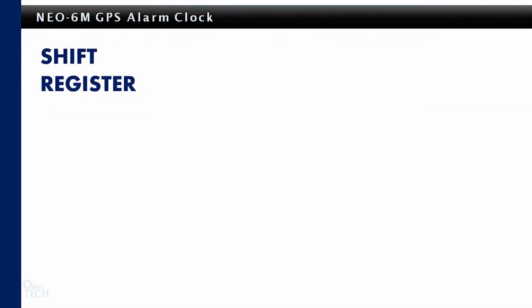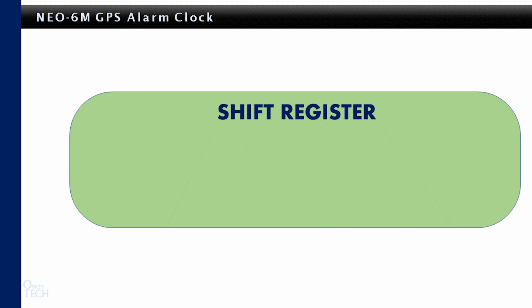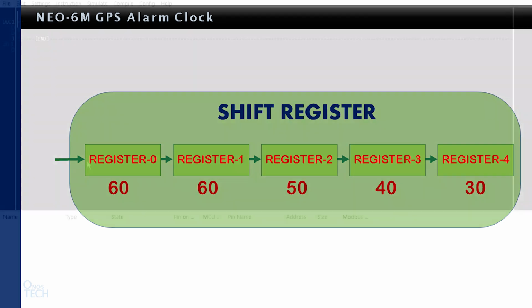The shift register consists of several variables specified in the instruction as required in a logic. Consider a shift register of 5 variables, register 0 to register 4, with the assigned values. Register 0, the input to the shift register, receives new values into the register on a rising edge of the rung. A shift to the right of the initial values of the variables occurs. If there are no new values fed to register 0, its initial value will remain unchanged after the shift.